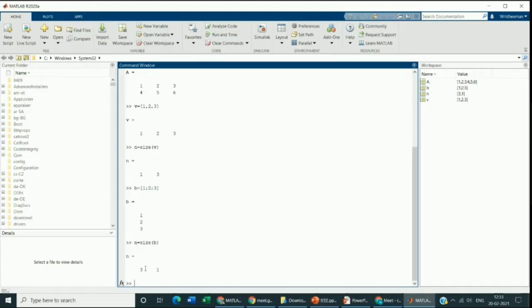As you can see, it gave the answer 3 and 1. 3 is the number of rows and 1 is the number of columns.